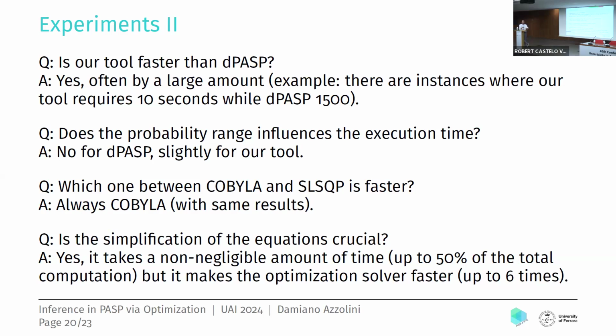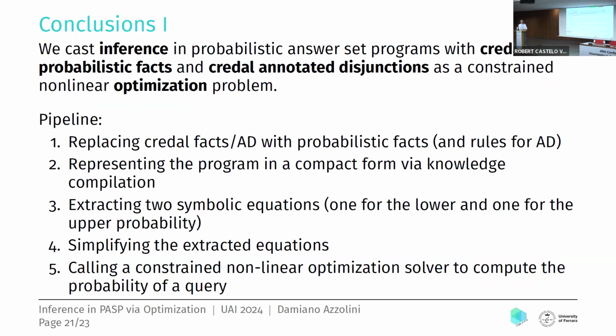But at the same time, if we remove the simplification step and compare the time required with simplification against the time required without, you get a time which is up to 6 times larger than the time required with simplification. To conclude, we cast the inference in probabilistic answer set programs with credal probabilistic facts